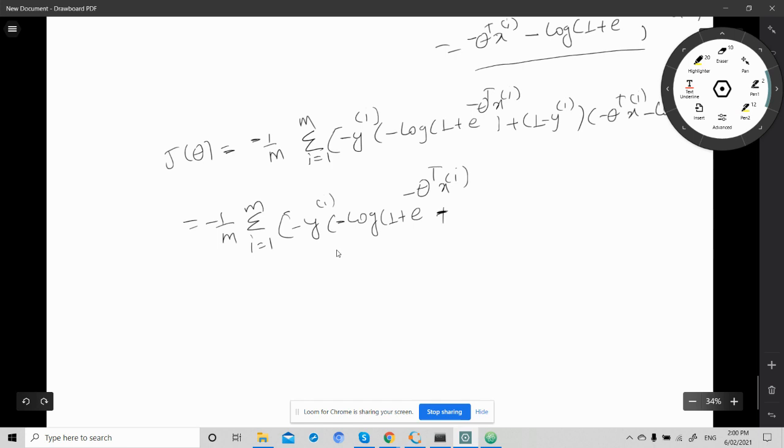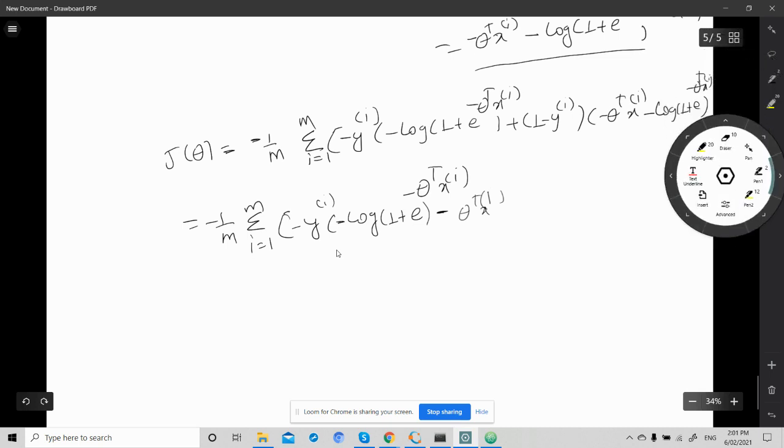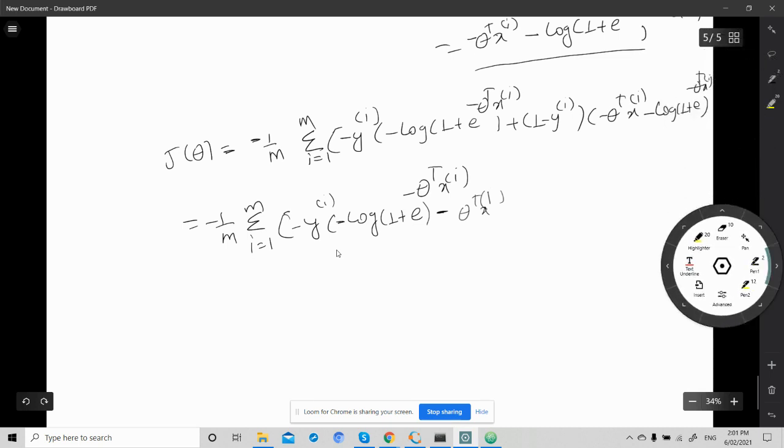This will be again minus theta transpose of xi minus log of 1 plus e to the power minus theta transpose of xi. If you multiply 1 with this and then y with this, then minus plus,